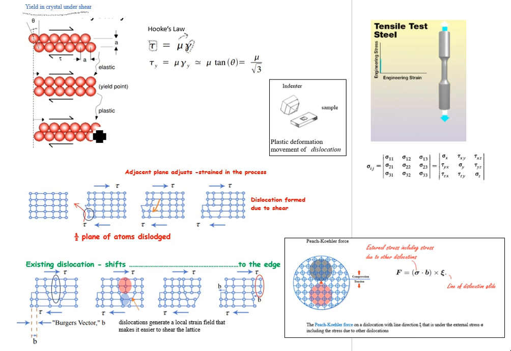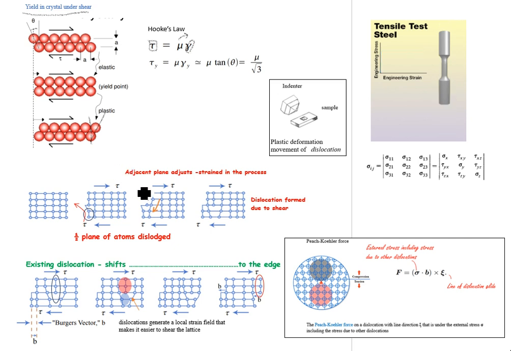Again, an angle of theta gets built between the adjacent planes, but in a different manner. So there is a shift of atomic planes with respect to each other when plastic deformation takes place. Now, the process is actually not as simple as it looks. So if we look at the details,